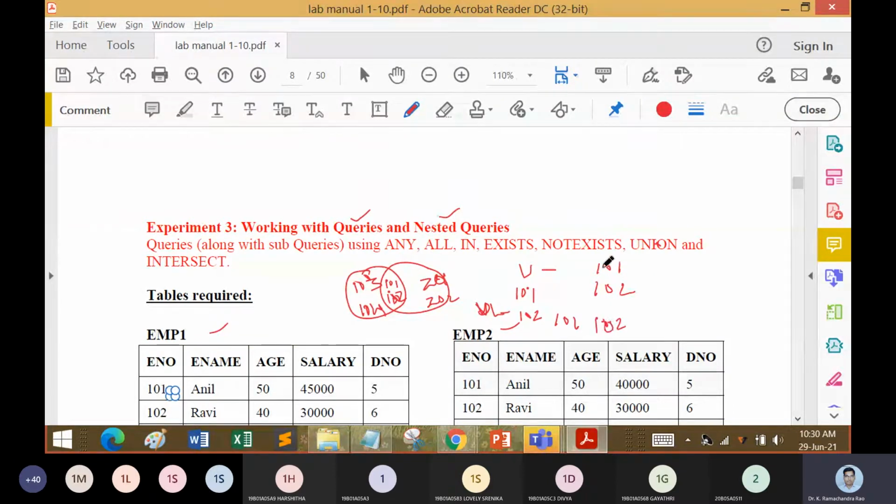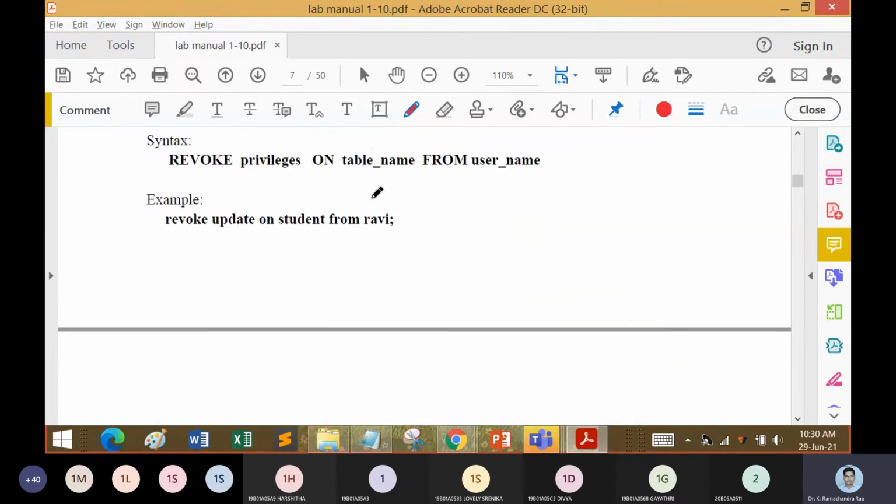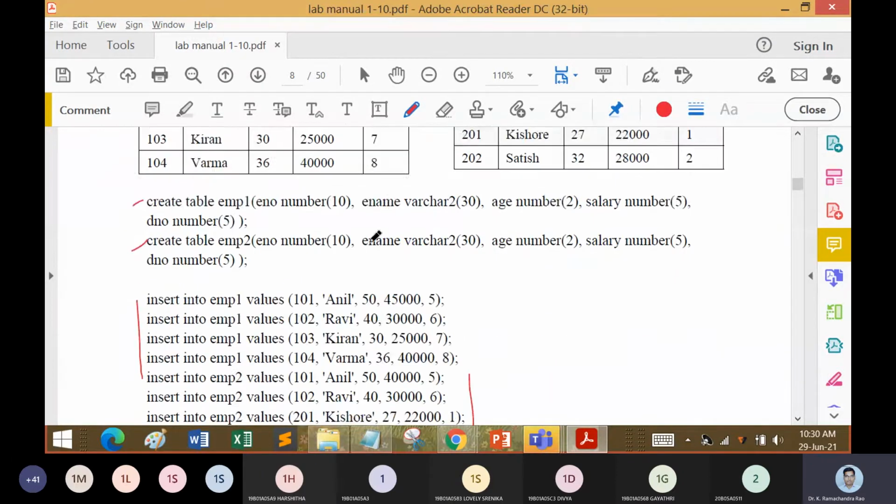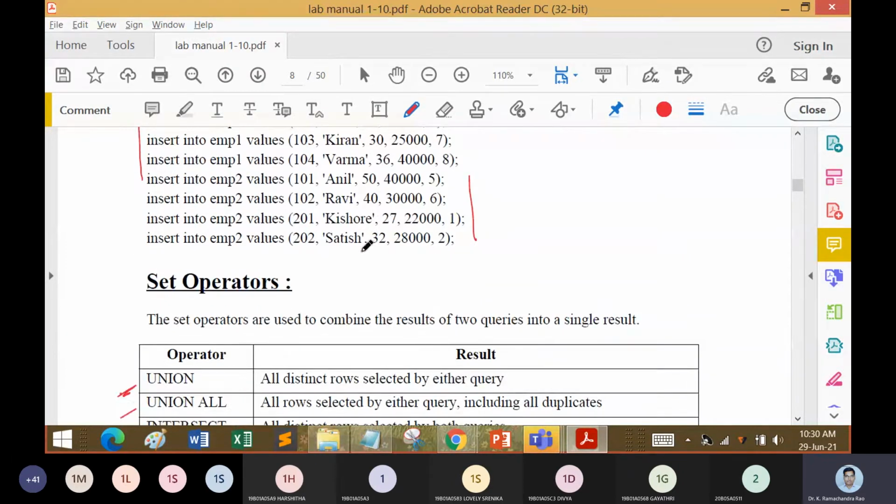But if I am going to say intersect, then the answer will be the common elements, that is 101 and 102. If I am going to give minus here, then I will be getting 103, 104, or it will be either 201 or 202. So this is the overview of the set operations: union, union all, intersect and minus.